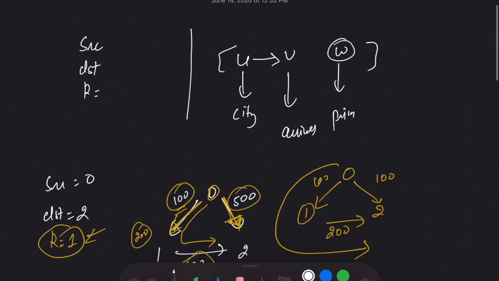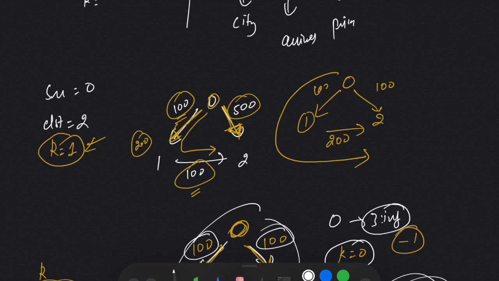So let me repeat it again. As this is a greedy problem, we need to compare the prices for every single step, or you can say every single node, or you can say every single city. So while moving forward for every single city, we are maintaining a queue in which we are adding the neighbors of a given city.